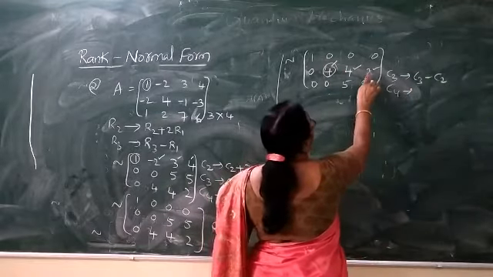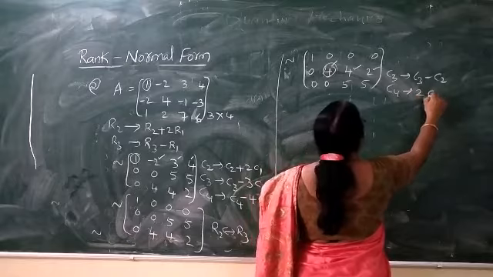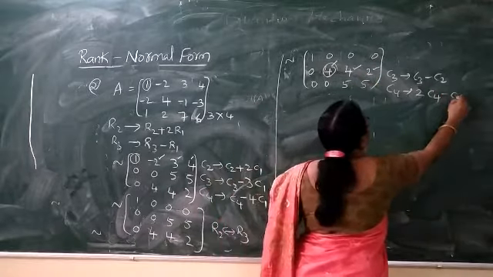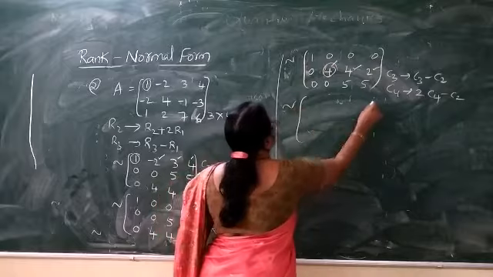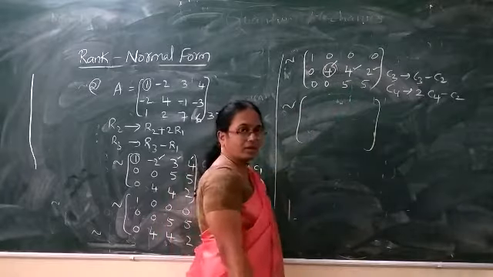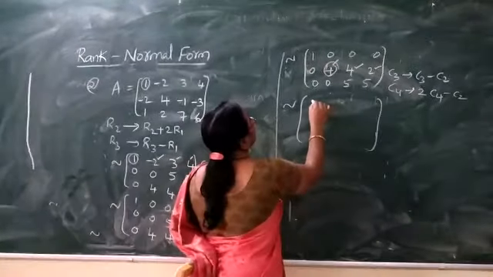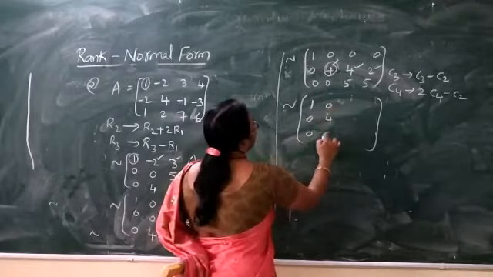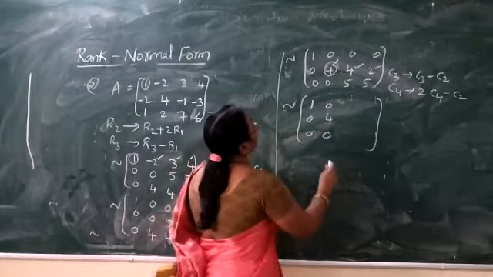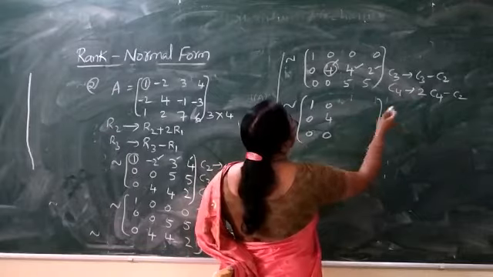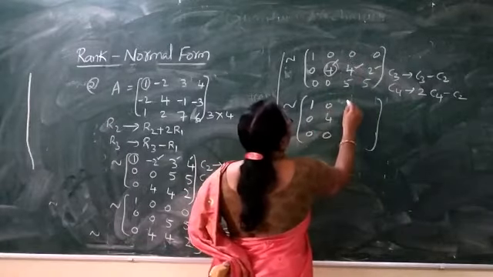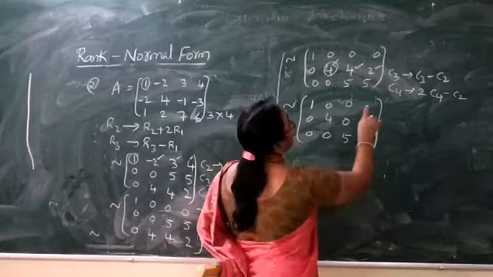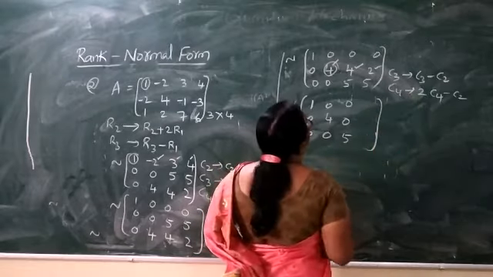From C4, as it is 2, first we multiply with 2 to become 2C4 minus C2. Using these two on the given matrix, we have the corresponding conversion. Column 1 is 1 0 0, the first column, even the second column does not change. The third column is C3 minus C2: 0 minus 0, 4 minus 4, 5 minus 0. Fourth column is 2C4 minus 3C2.